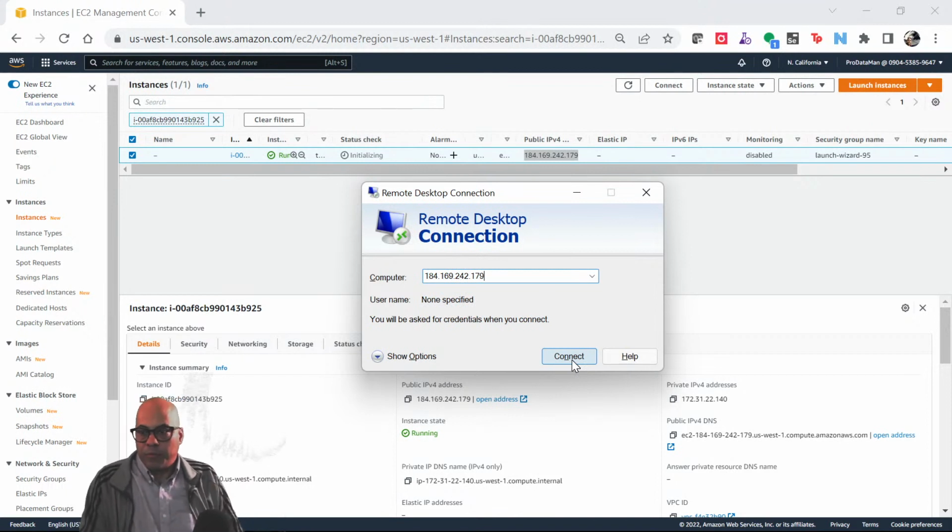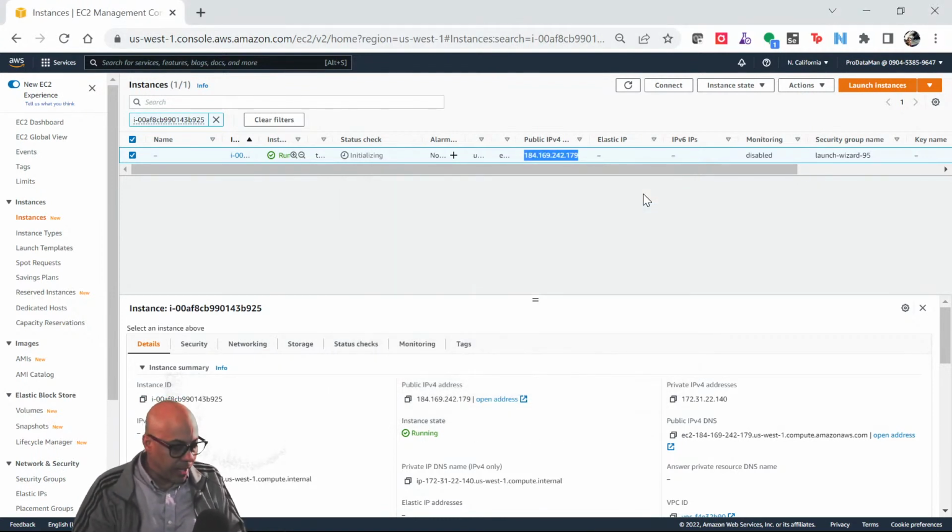And once it comes up, we'll just log in with administrator with the password just M300, and then we can do all the demos and labs and exercises that we did here in class. All right, so that's how you get the machine up and running after class, because I'm going to kill them all off in about an hour and a half here.